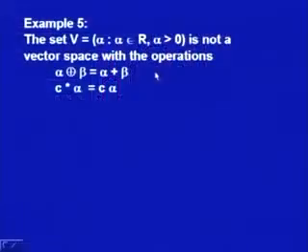Now, so far we have taken examples which are actually vector spaces, but in this example we are defining a set V of all vectors alpha such that alpha belongs to R and alpha is a positive number. Then we say that it is not a vector space with respect to the operations which we have just defined: alpha plus beta is equal to alpha plus beta, and C star alpha is equal to C into alpha. Now the proof is,